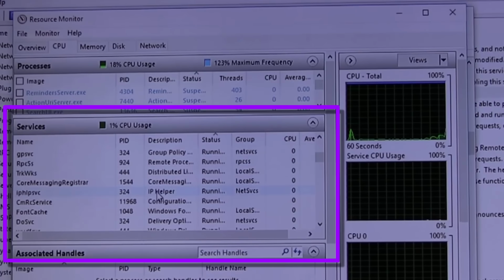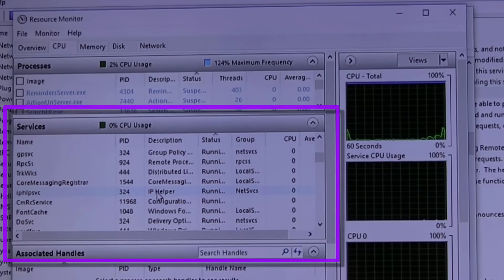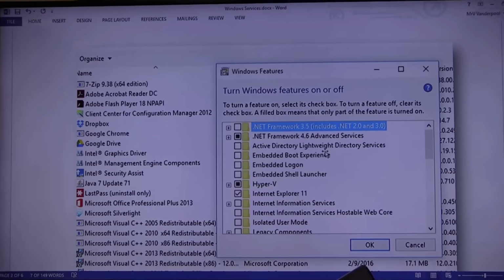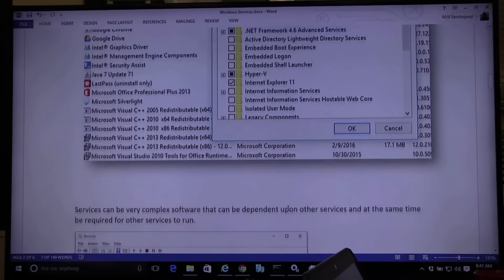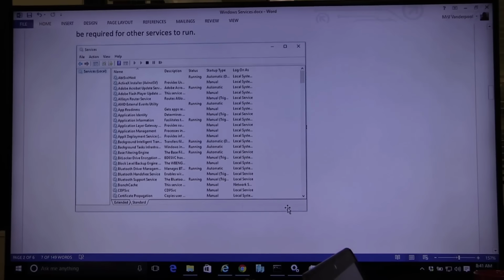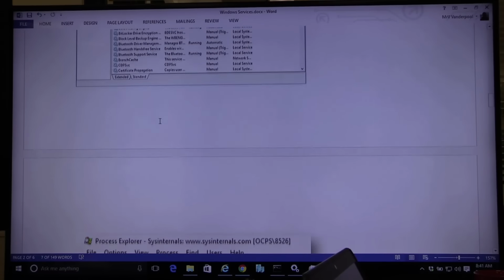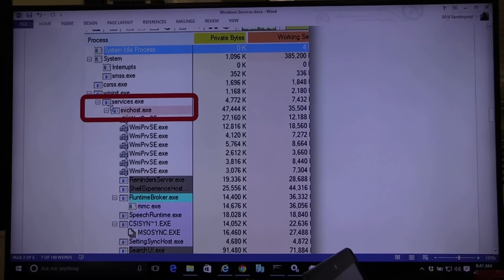So services are important. You need to know them. Windows features can add more services, so be very careful about adding features. They can add more services. The Services snap-in can show you all your services. Remember that Service Control Manager is the service that runs all services.